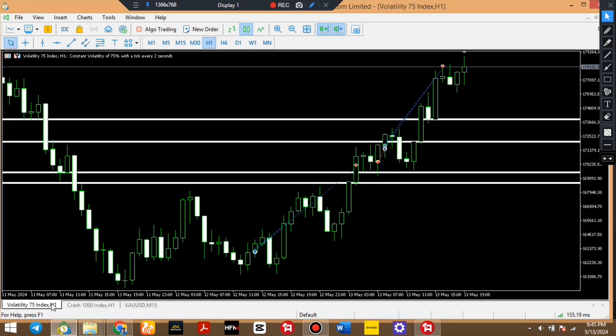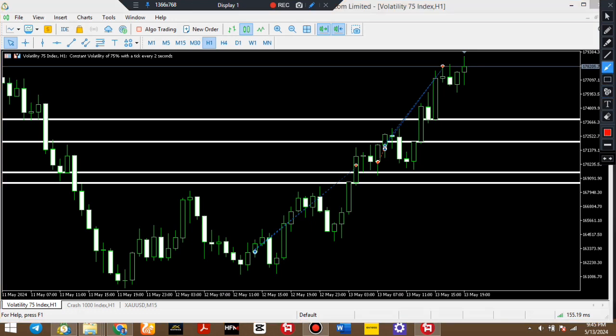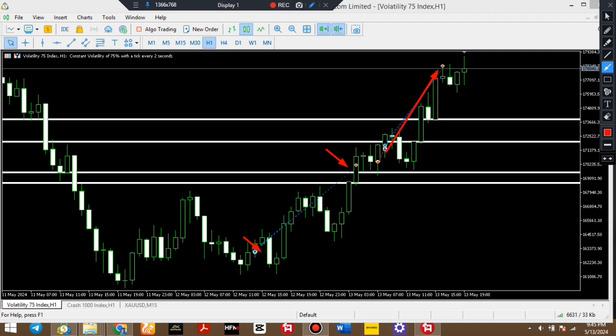So then the last one, Blackly 75. Now before I attach, you can see where I took my buy. First buy, I exit here. So I was trying to take a counter trend at this point. That means I wanted to sell, but it failed at some point. You see the result at the end. Then I took buy. Then this was the out. So the ones I missed that gave me losses, I was able to recover it, in fact in triple fold. So I was able to recover it immediately.